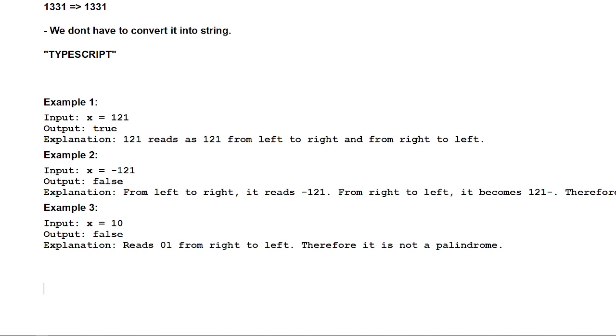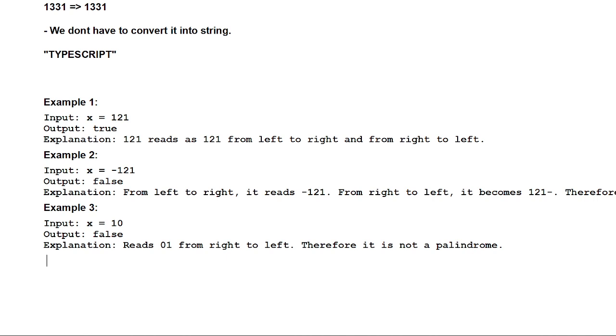It says if a number is, let us suppose, 121, then that is our palindrome number, so the output is going to be true, because 121 read from the reverse side is also 121. If a number is negative, then we have to return false. If a number has 0 at the end, or is divisible by 10, then we have to return false, because let us suppose this is 100, or 10,000, or 10 lakhs or 1 lakh, it is going to return false because that is not a palindrome number.